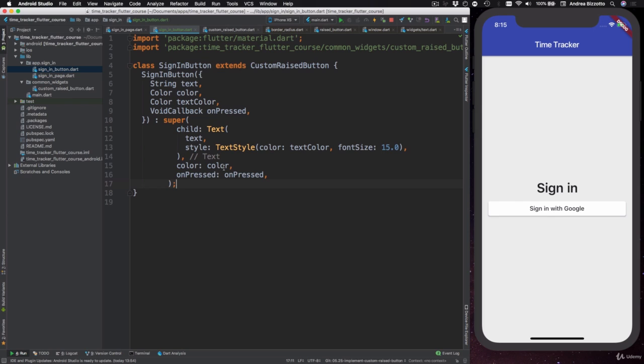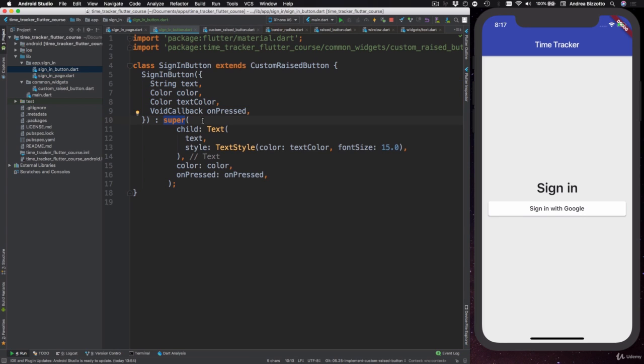Now that I've typed in all the code, let me explain it. So what we have done here is to provide a constructor as a way to supply all the parameters that are needed to create the custom raised button. You can notice that I've not used the usual this.properties syntax that is common with constructors in Dart. The reason is that this class doesn't declare any properties at all. In fact, the way this works is by taking all these properties and invoking the constructor of the superclass,